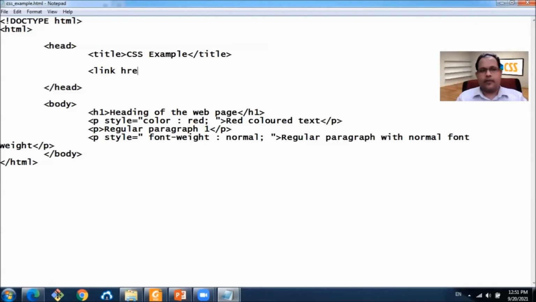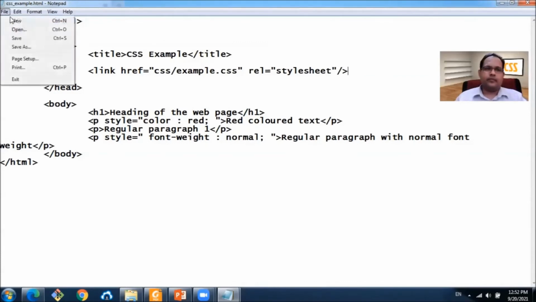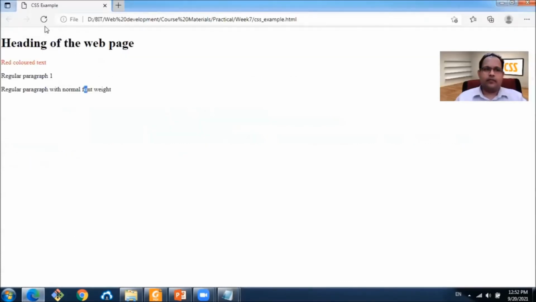Link, and in the href attribute we specify css/example.css, and we should specify the rel attribute as stylesheet. Save it. Voila. Again, the styles are applying to our web page.